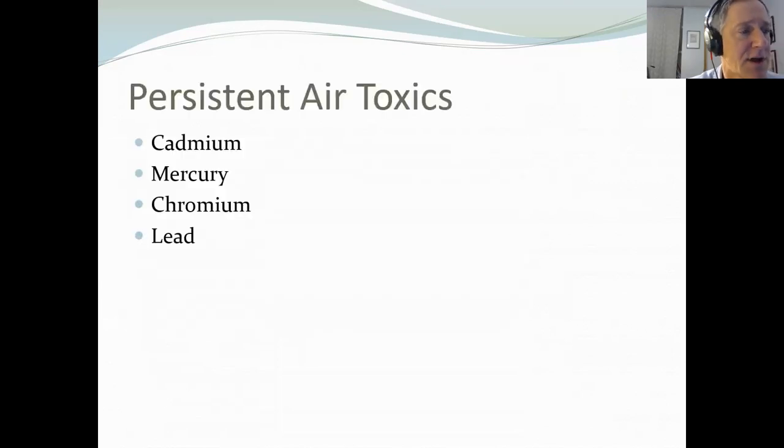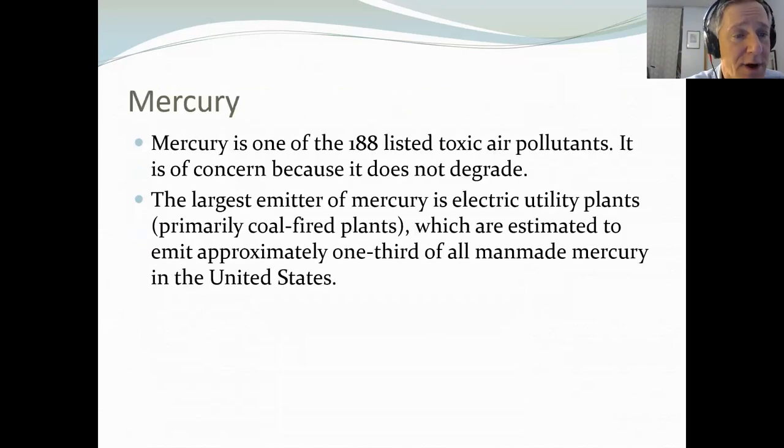And here are a few air toxics. You've probably heard of them. That's why you don't get cadmium fasteners anymore. Mercury, chromium, and lead. You don't have chromium, you have mercury in your thermostats and all this stuff. So you've probably heard of these as being bad. Okay, 188. All right, I was close. Mercury is emitted from coal-fired plants to some degree, and from other sources.